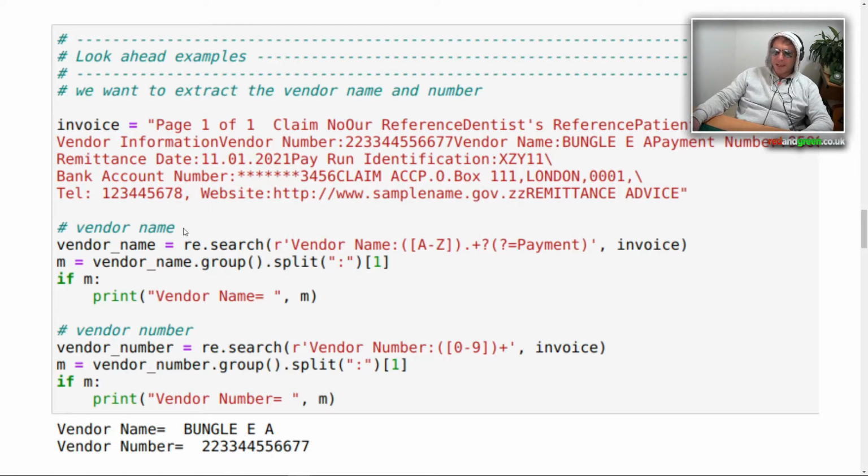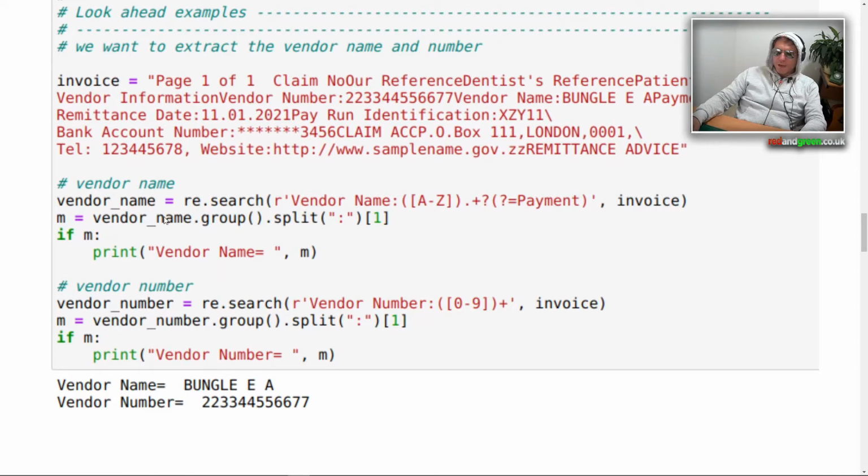So what we need to do instead is search for the vendor name. So re.search again. R is raw, and then vendor name. We're searching for the vendor name, and we're trying to do a pattern. So the pattern we're looking for is A to Z. So that's going to match there, plus any more. So that will get from there, from the U upwards, and it would eventually keep going. So what stops it? What stops it is in another group, which is question mark equals payment. And by doing that, we get the vendor name,